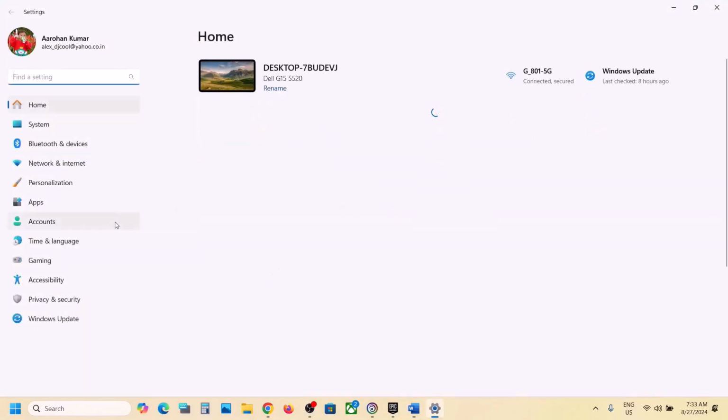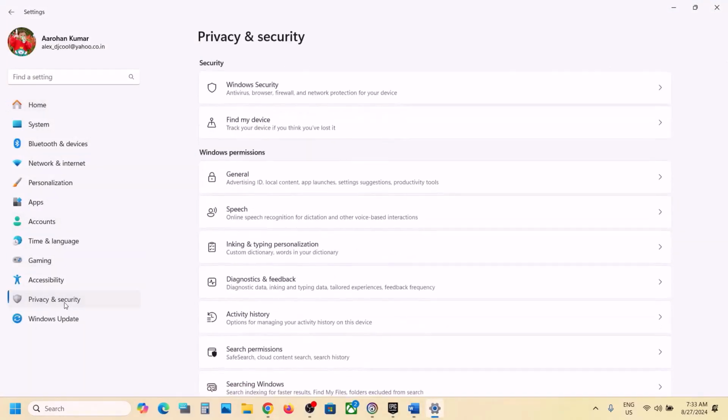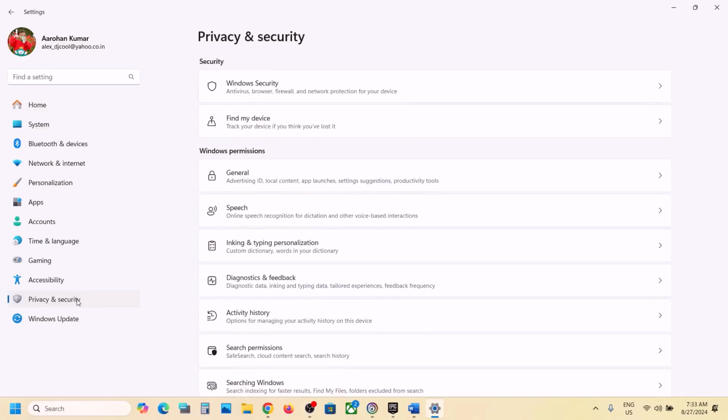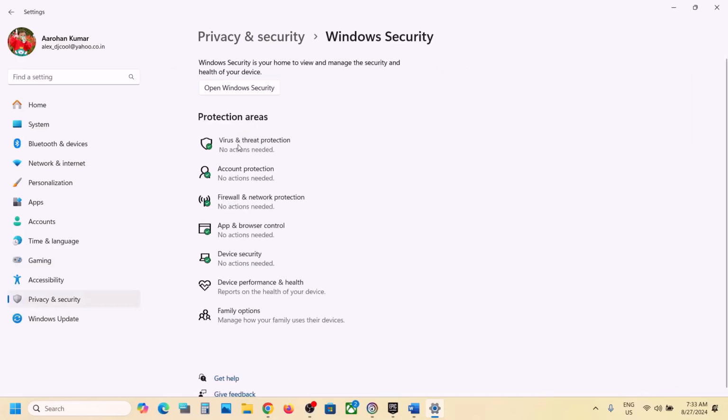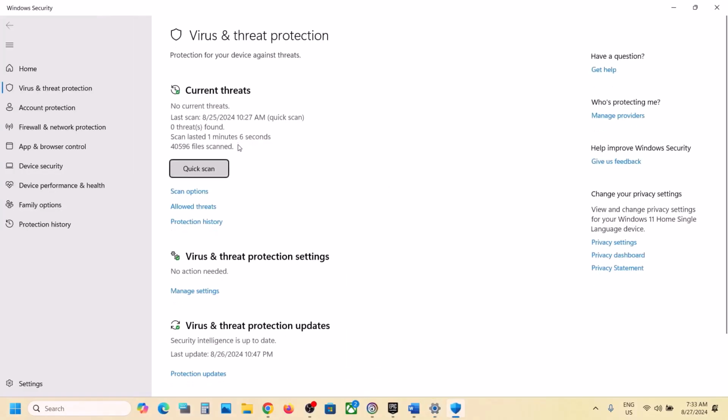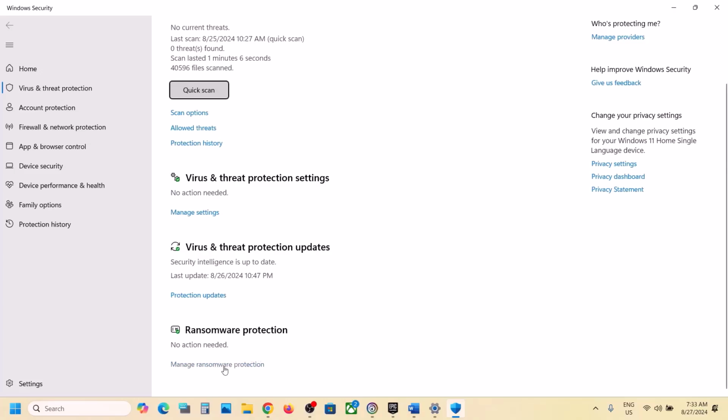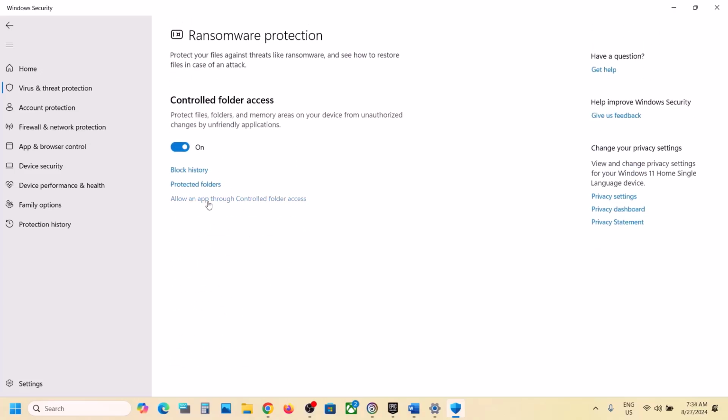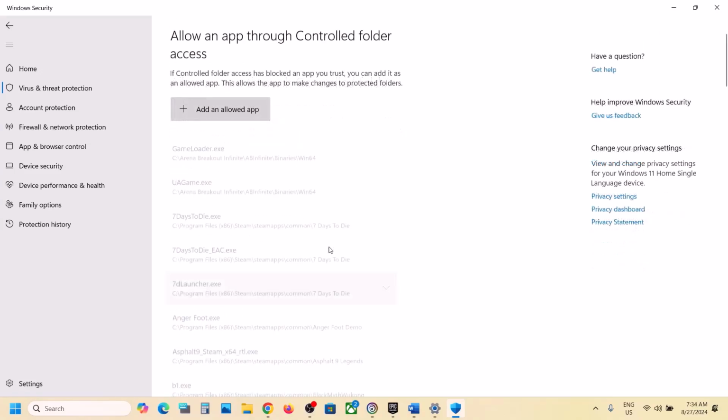If you're using Windows Security, go to settings and then go to privacy and security. If you have Windows 11, in Windows 10 you will have an option update in security and then click on Windows Security and then click on virus and threat protection. Scroll down, at the end you will see manage ransomware protection, click on it. Now click on allow an app through control folder access, click on yes to allow and then click on add